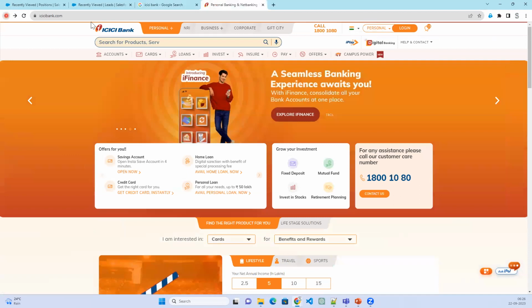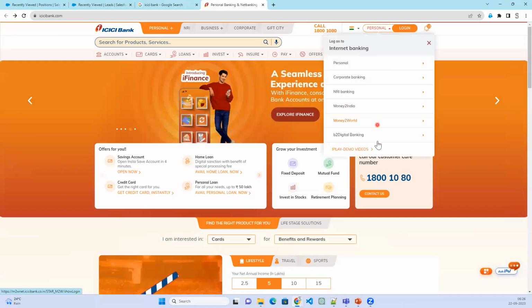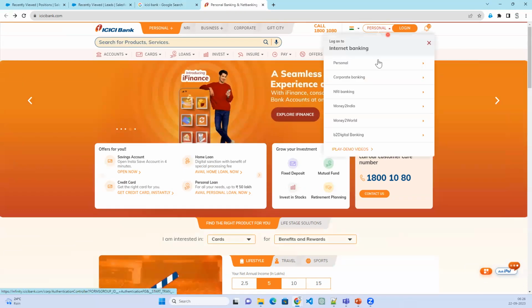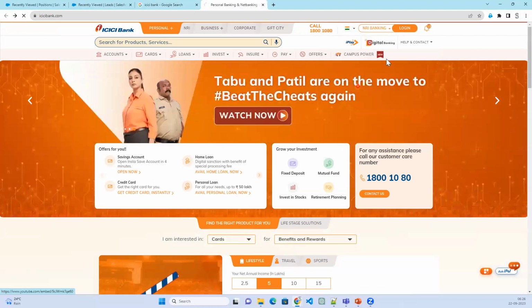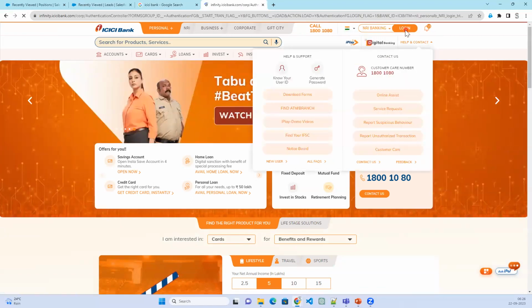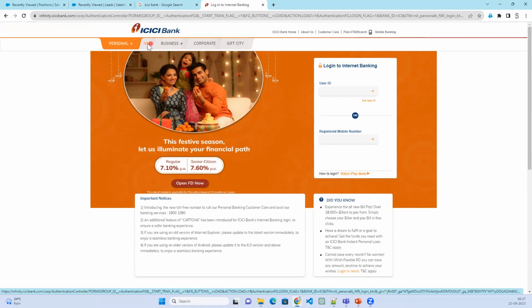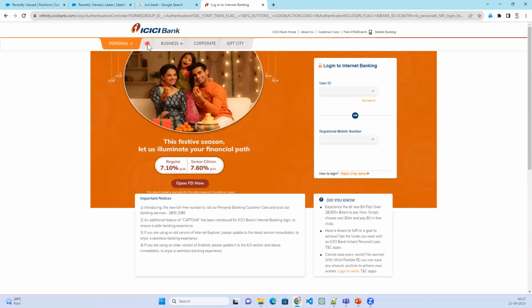But if the person says that I'm an NRI, or else I'm corporate, so I'm corporate banking or NRI banking. In that case, if I say NRI banking and click on the login button, what will happen? The login screen will be a little bit different, right? So here we have NRI. So if I click on this NRI,